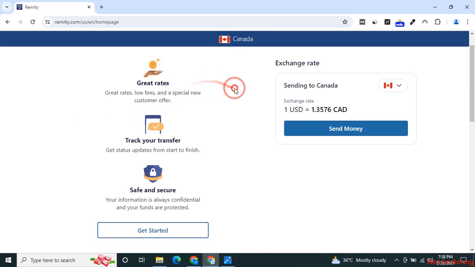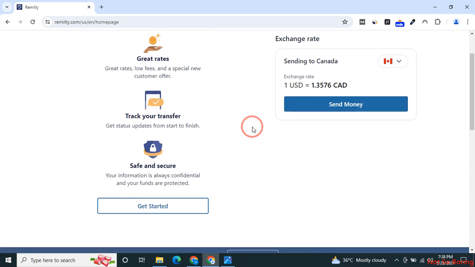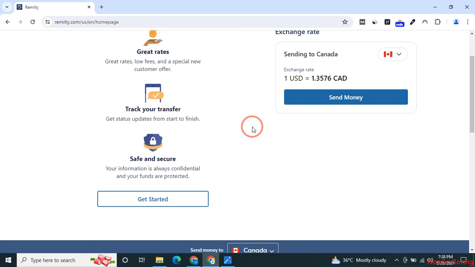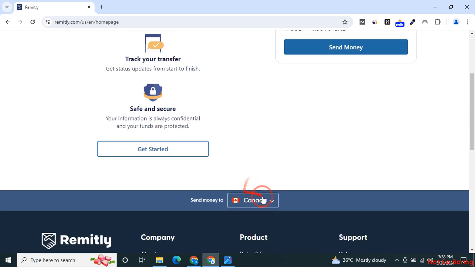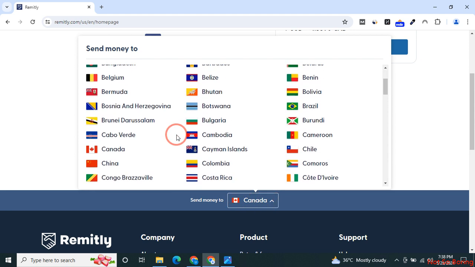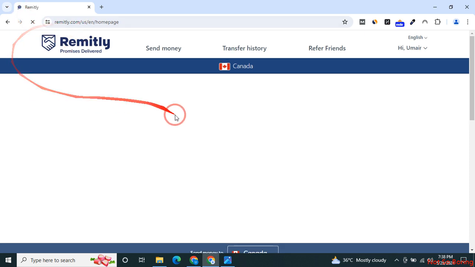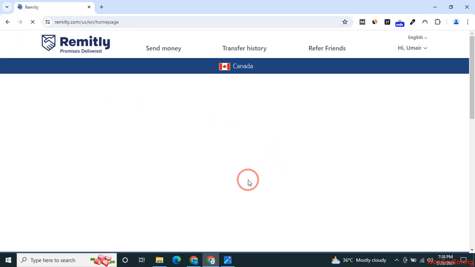First of all, let's say I want to transfer money to Canada. For that, all I need to do is scroll down to the very bottom, and you can see that there is an option to select where you want to transfer the money. Let's say I want to transfer my money to Canada, so I will just click on Canada. After this, you will see that it will start loading, so just wait a second, and you will see